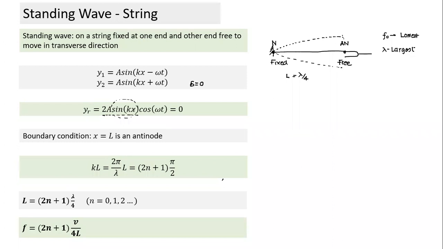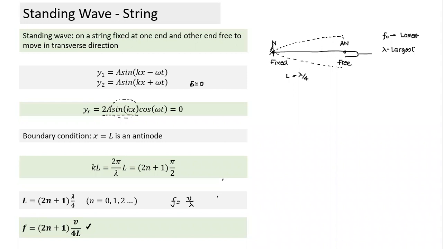If this is written in terms of wavelength, we can write it also in terms of frequency. How do we convert into frequency? Frequency is speed by wavelength. So we substitute, and frequency is equal to 2n plus 1 times v by 4L. And this is another formula we need to remember. So far for the string, in case of standing waves, there are two formulas. They are not too difficult to understand and very easy to arrive at also, if you understand this figure here.